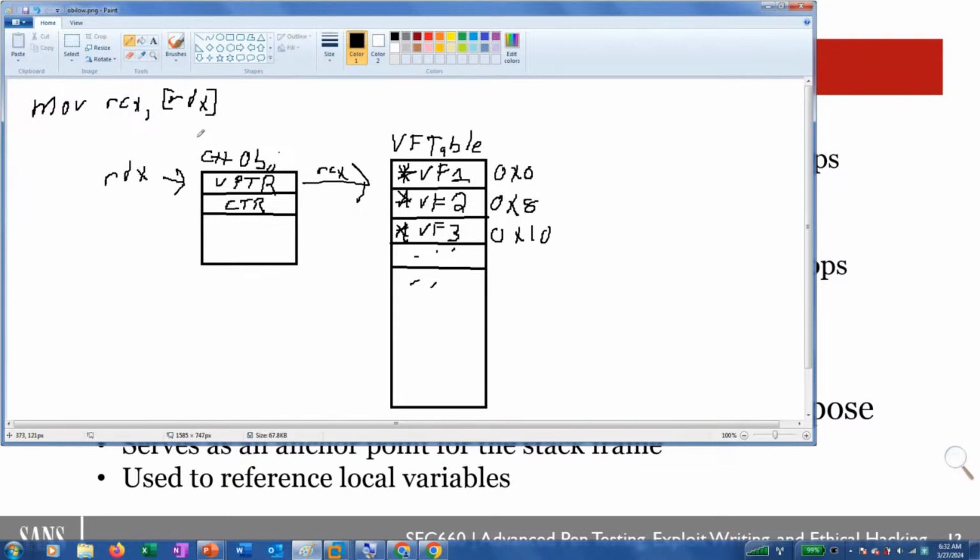So the next assembly, the instructions that are going to be executed, is going to be something like, if I want to load virtual function 2, and that's the one I want to call, we'd say something like move into, I'll just say R15, dereference RCX plus 8. That means go to the virtual function table, because that's what RCX is pointing to, go plus 8, grab virtual function 2, the address of it, load it into register 15, then the next thing you're going to see is a call